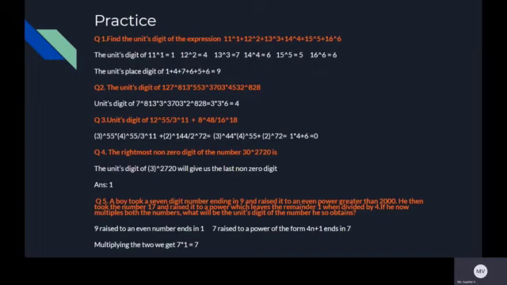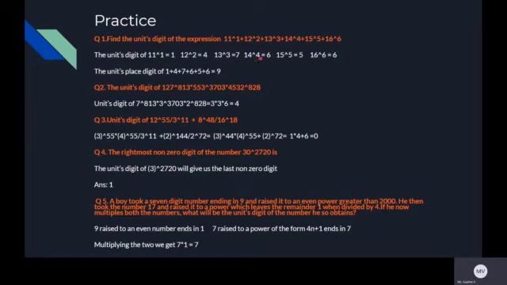So find the units digit of the expression 11 raised to 1. This is a very easy one actually. So 1 is the last digit here. So this raised to 1, the last digit will be 1. 12 raised to 2, what will be the last digit? It will be 4. 13 raised to 3, what will be the last digit? It is 7. You just have to raise the final digit to the power. And these powers are very small. You can easily find it.